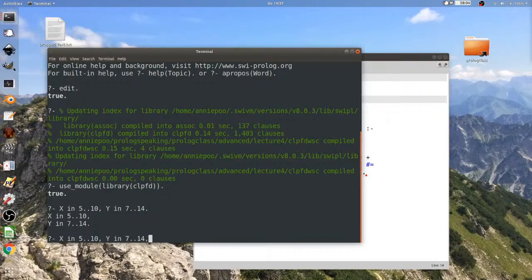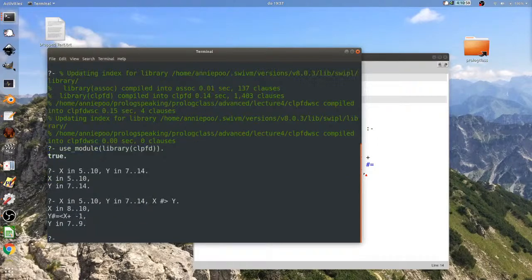But now let's try something else. Let's try telling it that X is more than Y. So wait, it's smart enough to figure out that X has to be in 8 through 10, and that Y has to be in 7 through 9.